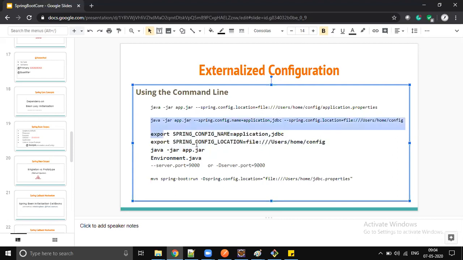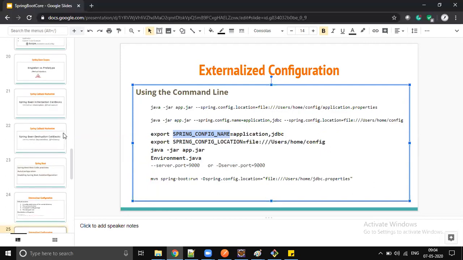Can you try these two? Or do you want me to show those two examples also? And it is also possible to override any particular property, right? By passing it dynamically, it is also possible to override at runtime. So do you want me to try this, or you try from your end, loading multiple properties files and setting it in environment variables and reading it into your Spring Boot application?